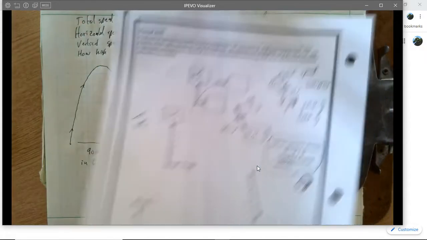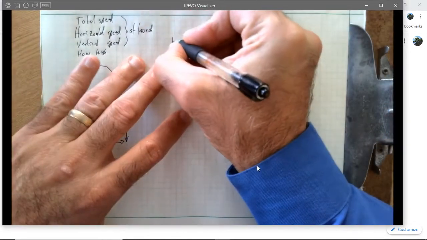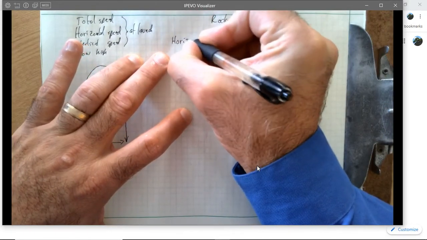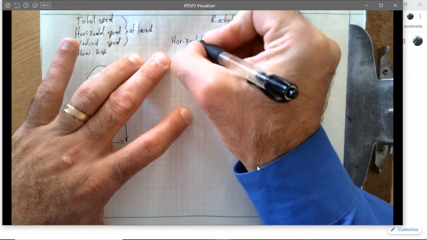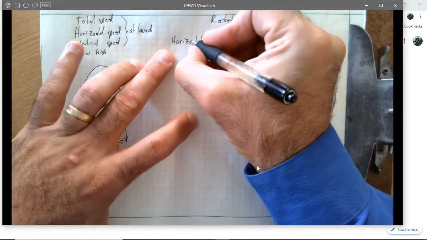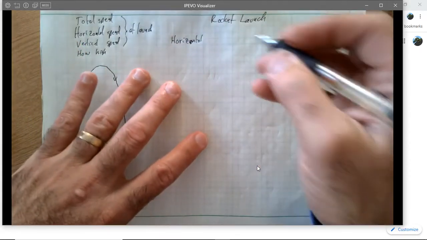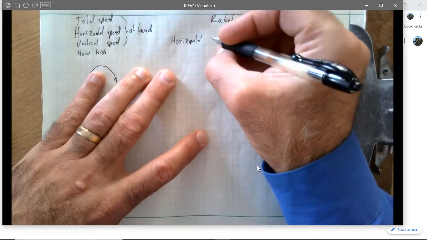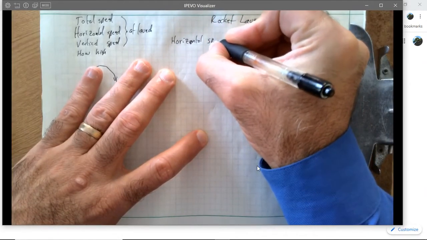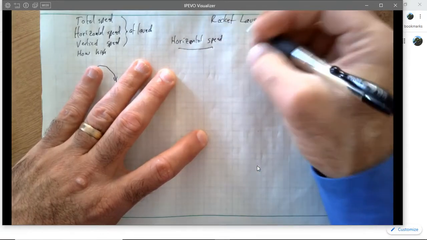So the first thing we're going to do is figure out the horizontal speed. You might want to be taking notes on this, by the way, and pausing the video from time to time so that you don't have to rewatch this when the time comes. So go ahead and pause it when you catch up. This is for horizontal speed. This is the easiest one. We are going to use